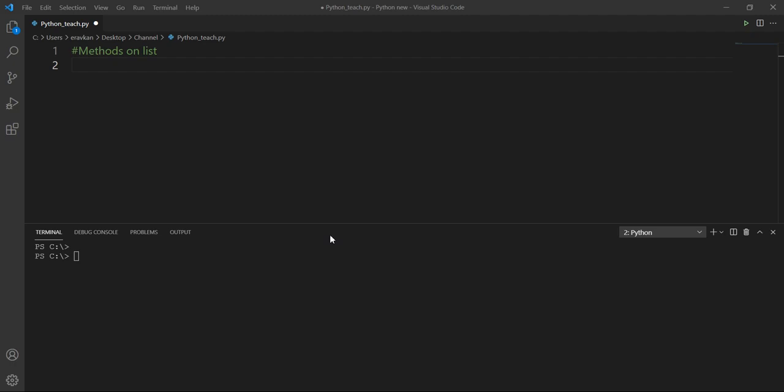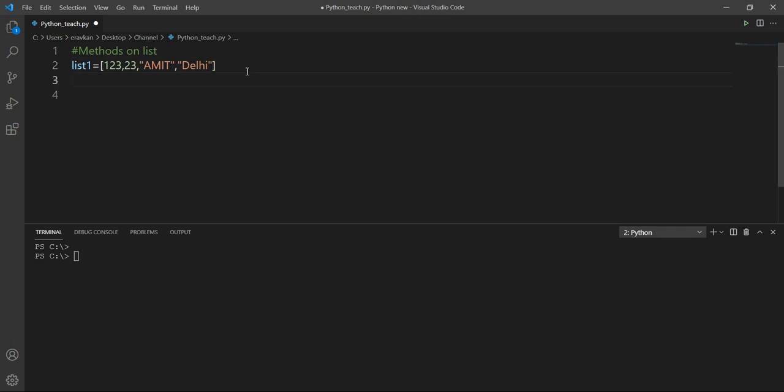So today we are going to discuss all the methods on list, what functions we can perform on the list. We can call them functions or methods. So let us start. Suppose I have a list. You know how to define a list. You can define it by using square brackets, then mention the elements that will be part of your list. It can be of mixed data types like integer, float, strings. You can take whatever you want to define in your list.